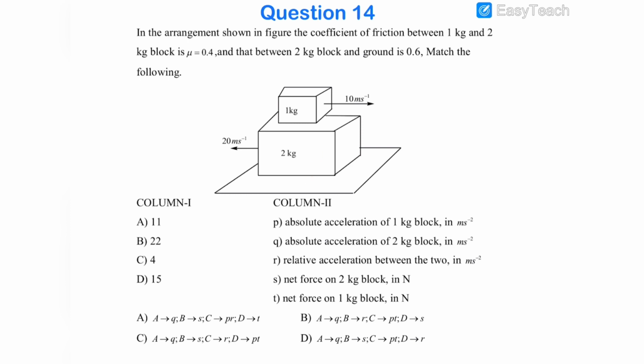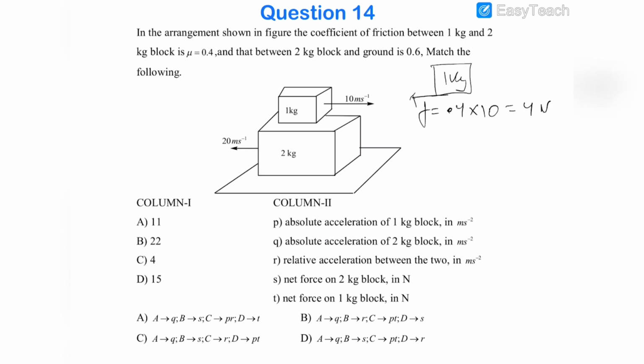As shown in the diagram, these are moving in opposite directions, therefore the friction acting between them would be kinetic, and therefore we can easily say that the friction force acting on the 1 kg block would be in the backward direction, and it would be equal to 0.4 into 10, so it would be 4